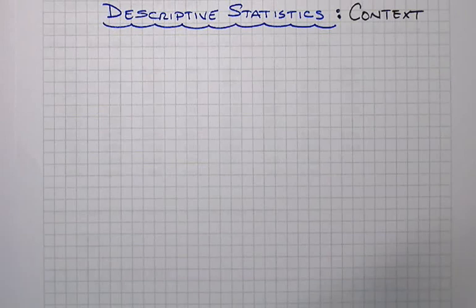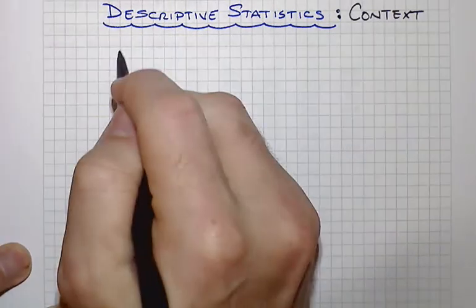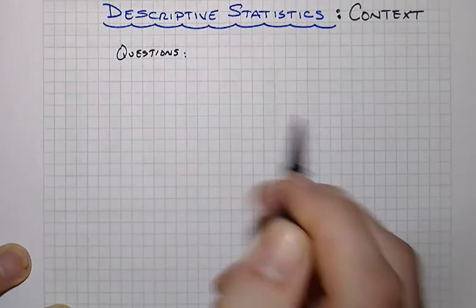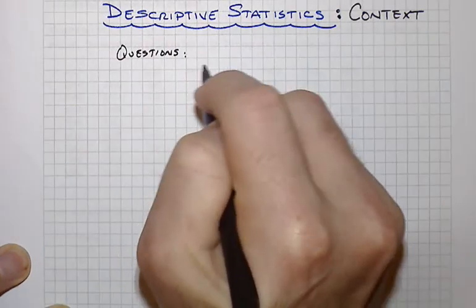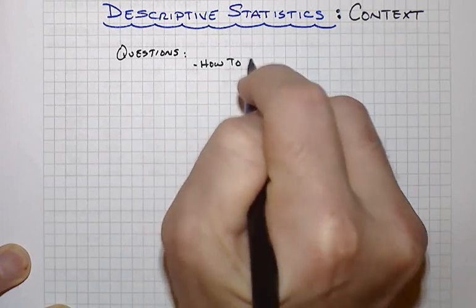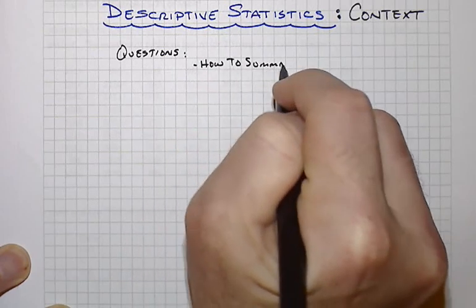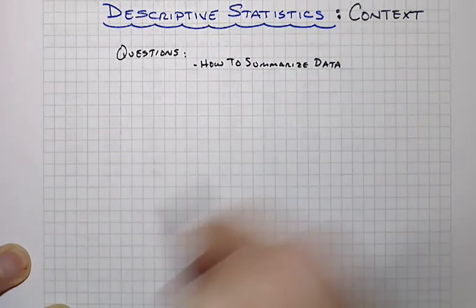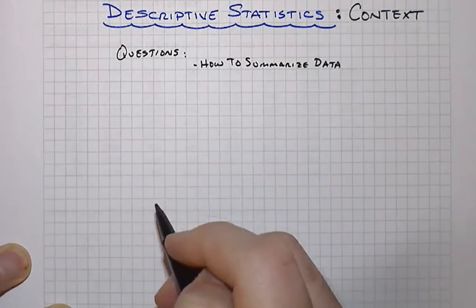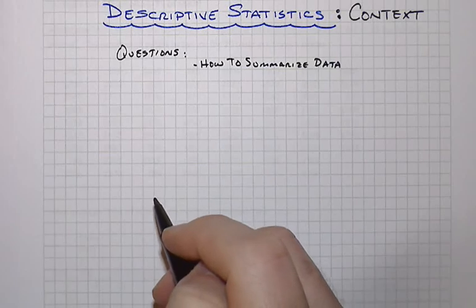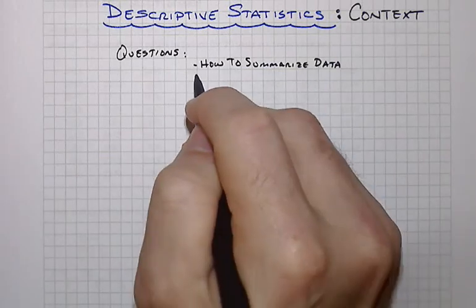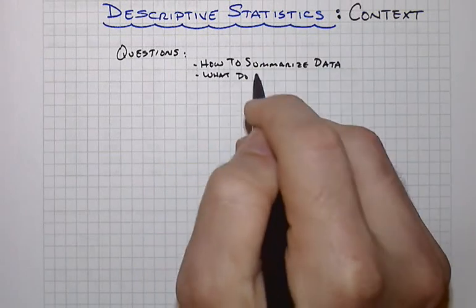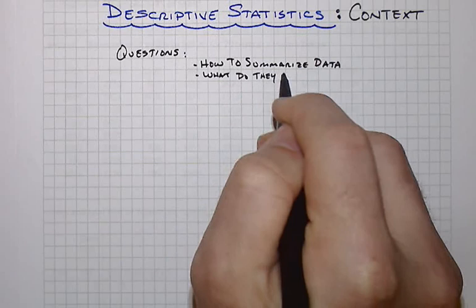Those questions, in the broad view, are of the nature of how to summarize or make sense of all this data that we have. Sometimes we have just a little bit of it, other times we have so much of it that we've got to figure out some way to answer what do the data mean,